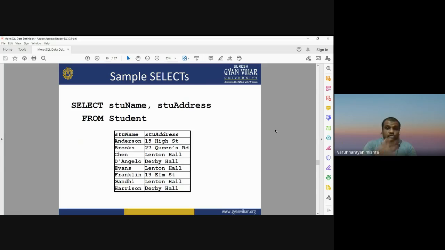If you want to select two columns, student name and student address, then you will run the command select student name, the first column, comma student address, the second column. So you can have multiple columns in the select command.